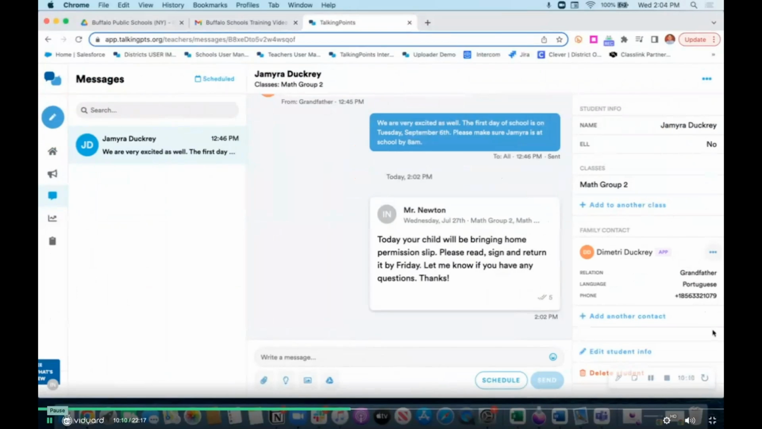Because we're synced with Clever, any of this data will always need to be changed in Infinite Campus in order for it to be corrected here in Talking Points. So for instance, if you're noticing that the phone number for Dimitri is not correct, you can meet with your data person on your site and change that phone number within Infinite Campus, and then it will appear in Talking Points the next day. The same would be true about any of this content, the phone number, the name, or the relationship. If I come back to these three dots, I can hide